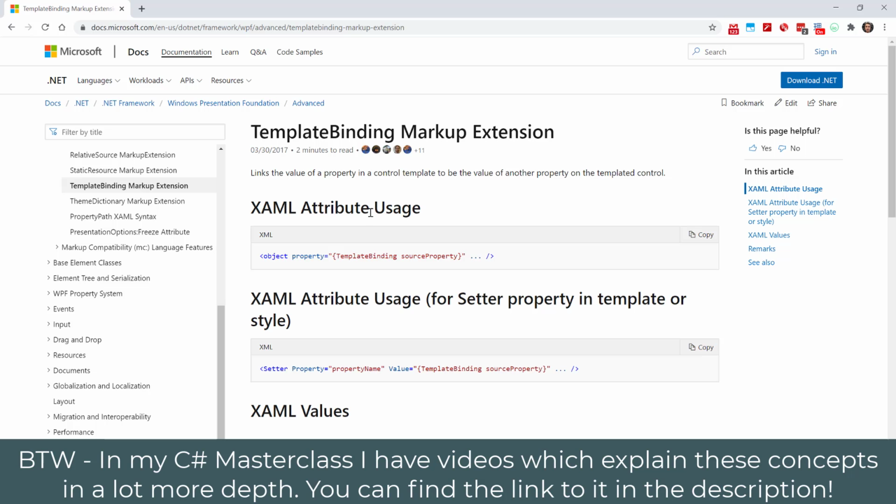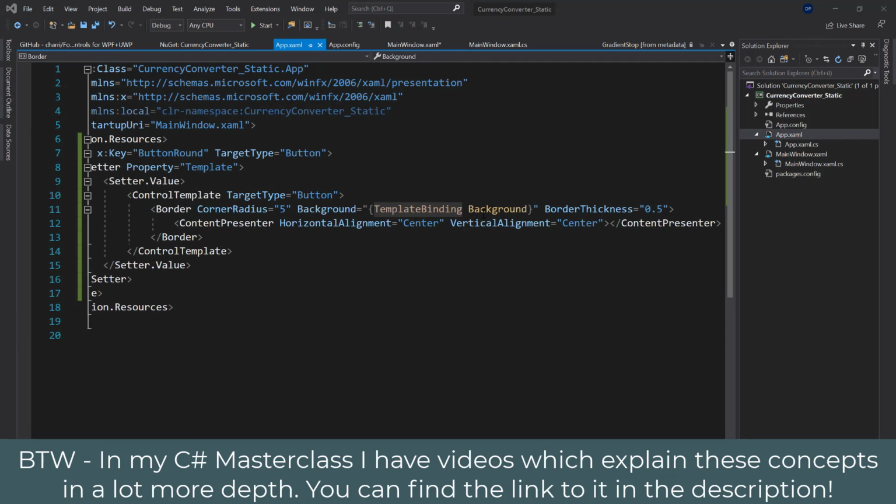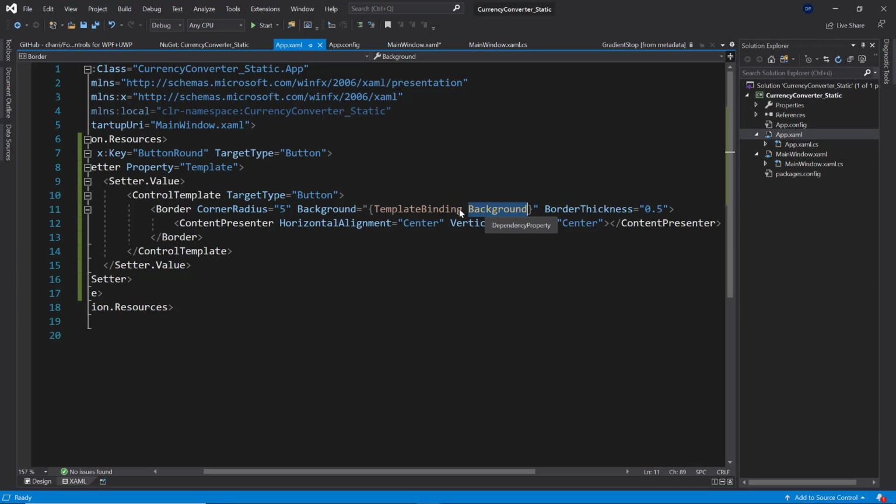What this template binding does is it links the value of a property in a control template to be the value of another property on the templated control. So you can see it uses this template binding here for a source property. That's exactly what we do. We want to change the background. So here, background of our border, and we say the border thickness should be 0.5,